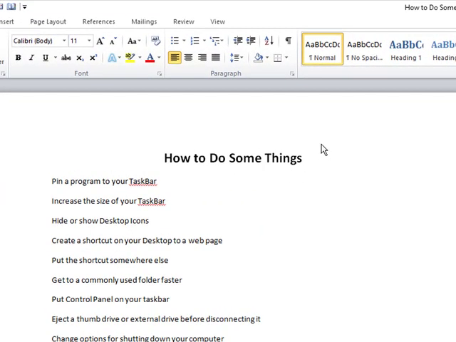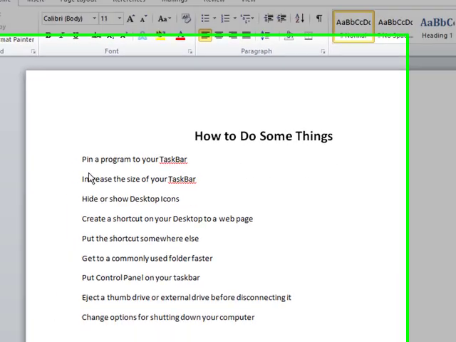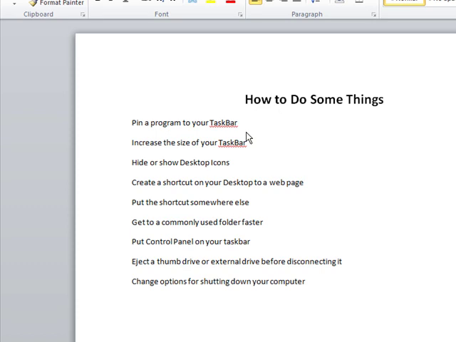This mini seminar is going to tell you and demonstrate how to do some things. Some simple things that may make your computer life a little easier. I will cover how to pin a program to your taskbar, how to increase the size of your taskbar,